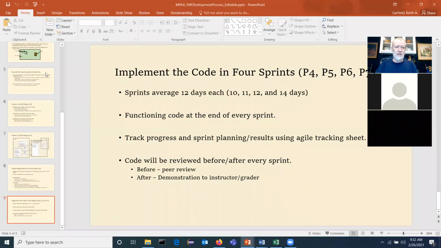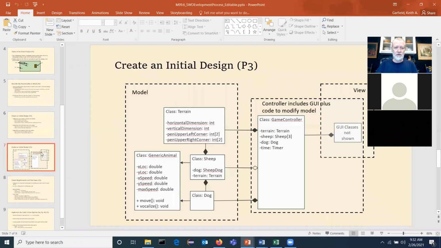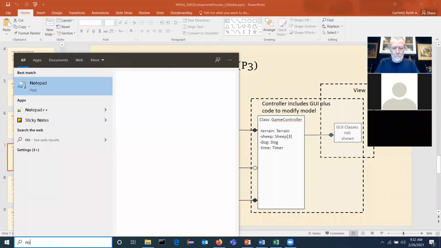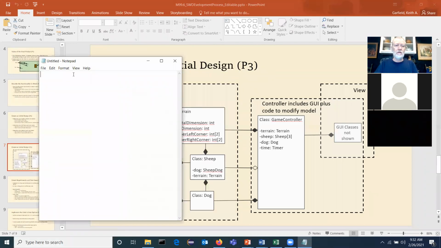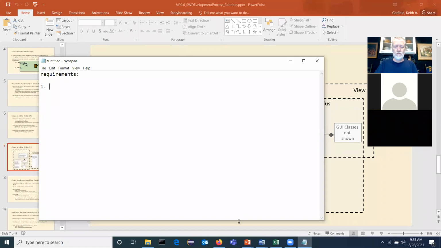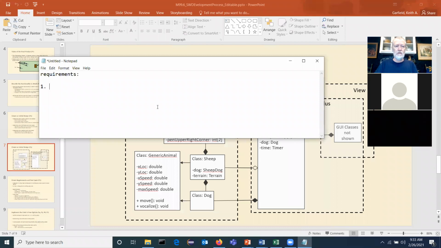Let's play around with the sheepdog game, and let's go here and think about requirements and tests. Let's do a simple requirement. Give me a requirement. The sheep need to know where the dog is, so they know when to run away. Okay, so let's see, I heard